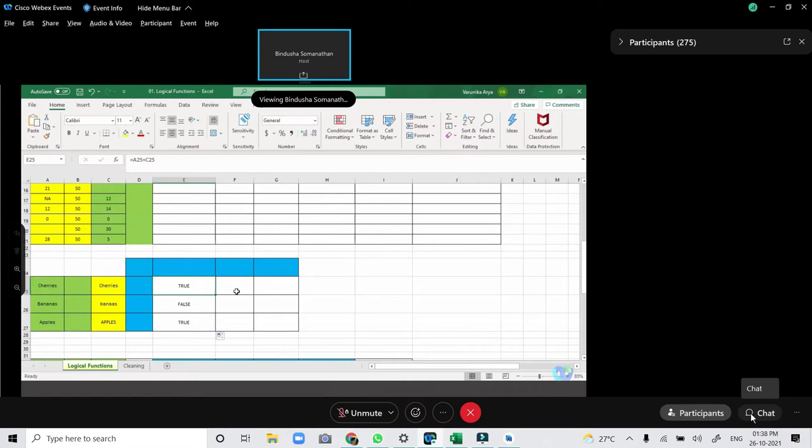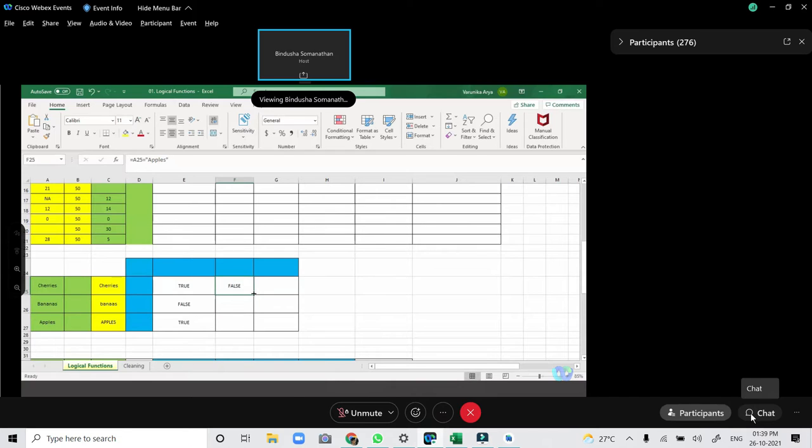Now, if I have to compare this particular cell value with a text that I want to write down, that is not referred to somewhere in my data, I just want to write it down. Whenever you are passing an argument, so we call these arguments, and the argument is a text, I have to use double quotes. So let's say I write apples here and I hit enter.